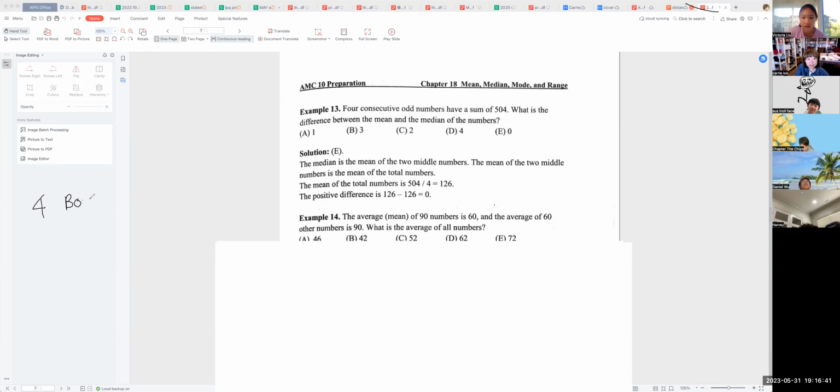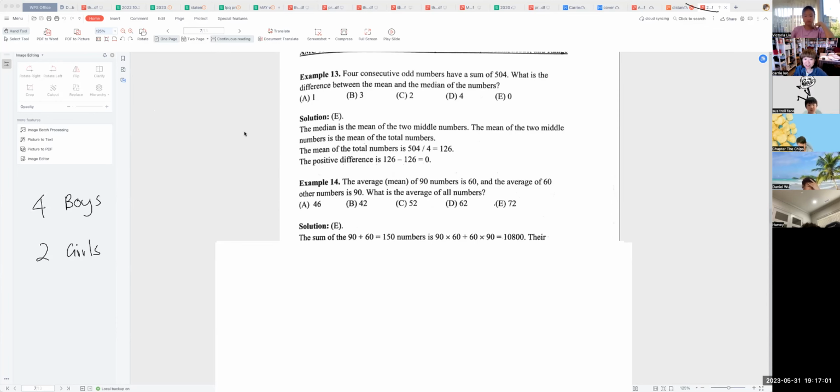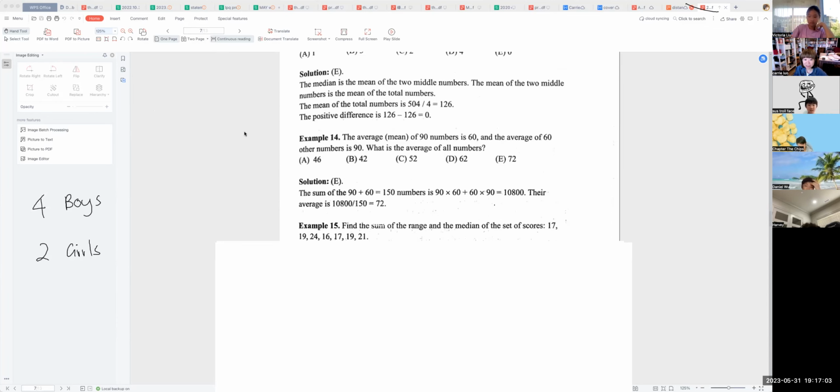Okay, 4 boys and 2 girls. 现在开始，如果输了，我就把群里面告诉你妈，说4个男孩子打不过2个女生。